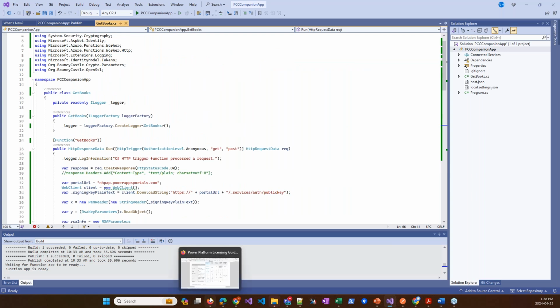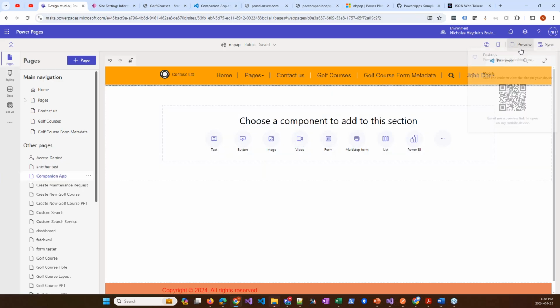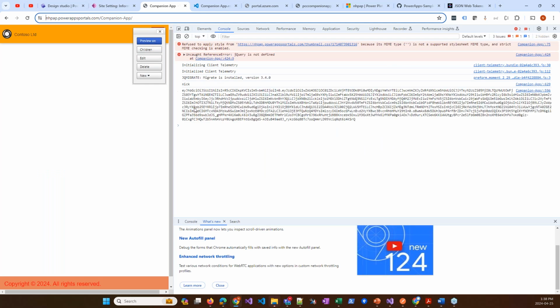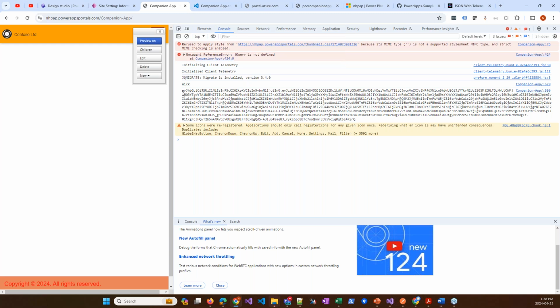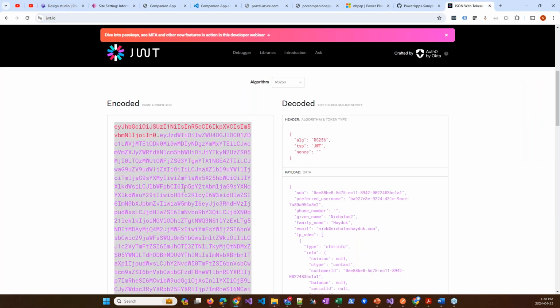So before we do that, what I'm going to do is go back here. I'm going to go back to this thing, and I'm going to preview my page. This might take a second. So if you recall, one of the things that it does is it was outputting the token that I received to the console. So I'm going to take this token,